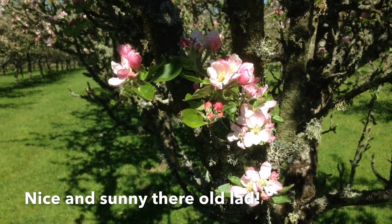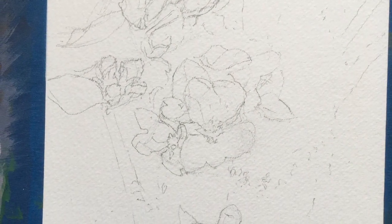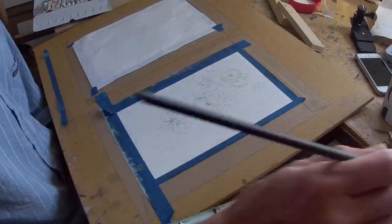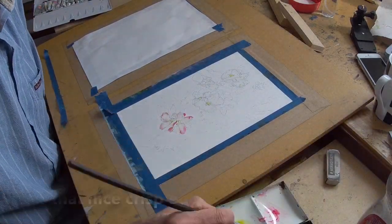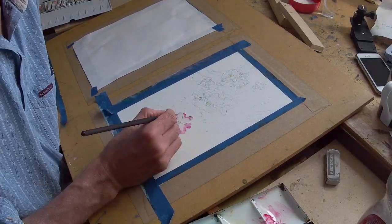Here's my reference shot taken in Gray's cider orchards very recently, and here's a quick image of the drawing. I'm working on stretched watercolour paper and I've put a blue masking tape border around it, and I'm just working on the first stage of the painting in watercolour,